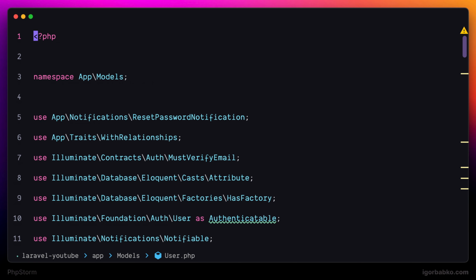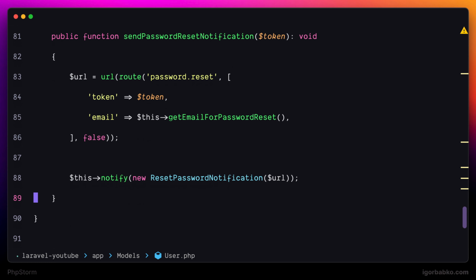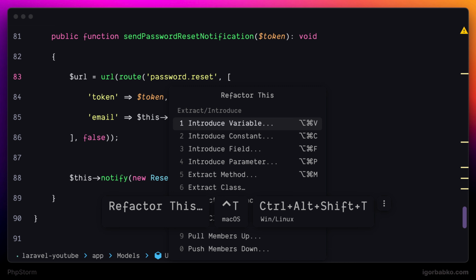JetBrains IDEs have powerful capabilities when it comes to refactoring. And the main keyboard shortcut that opens up the menu with refactorings is Ctrl-T. After pressing this shortcut, we will get a list with all possible refactorings. And now we are going to review some of these options, and we'll start with the first one, which is